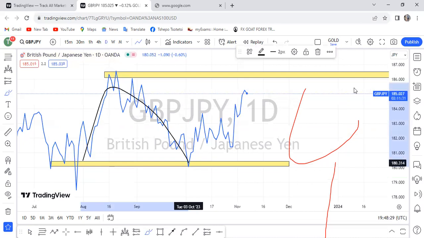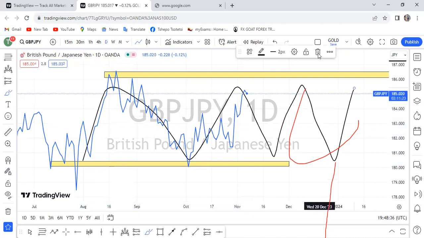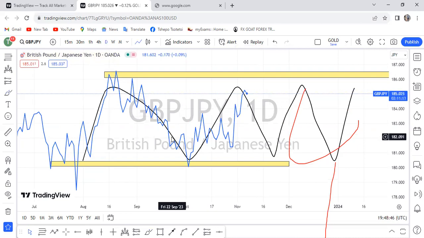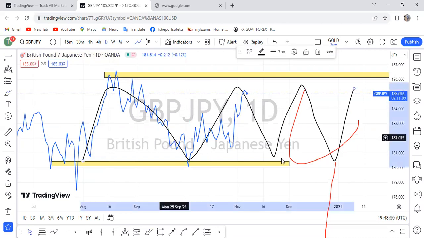The market is still trapped here. So now we don't know what's gonna happen so far, because the market is still in a range. I think the GBP is the most ranging, guys. So far, when it comes to GBP,